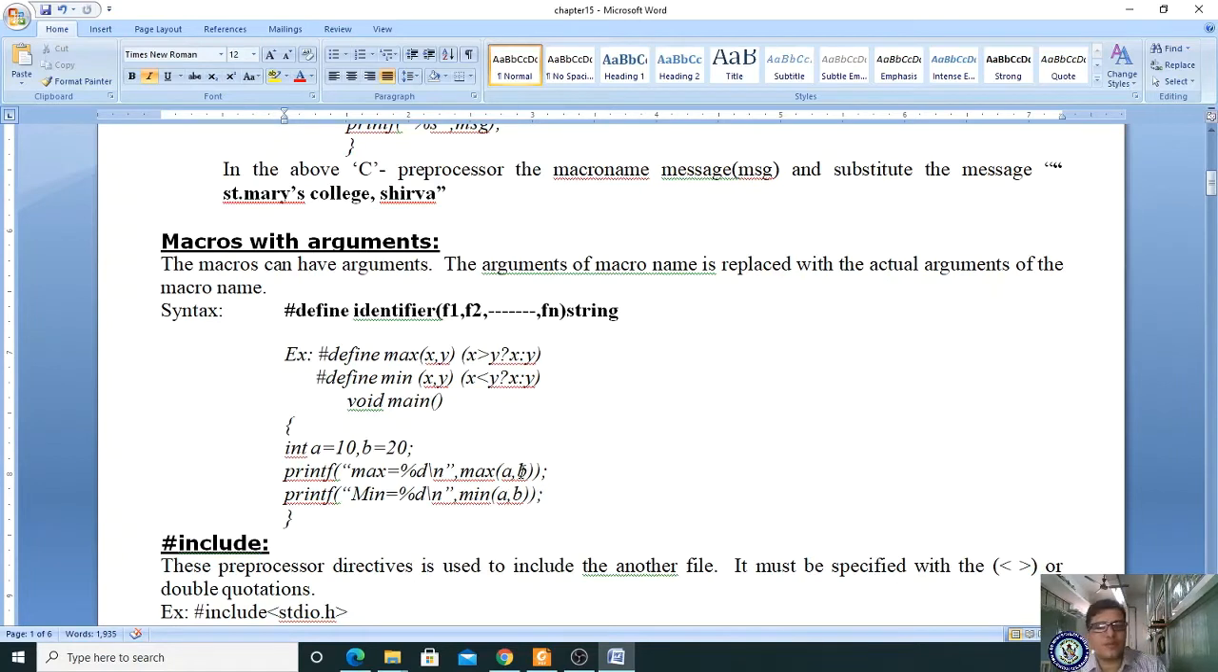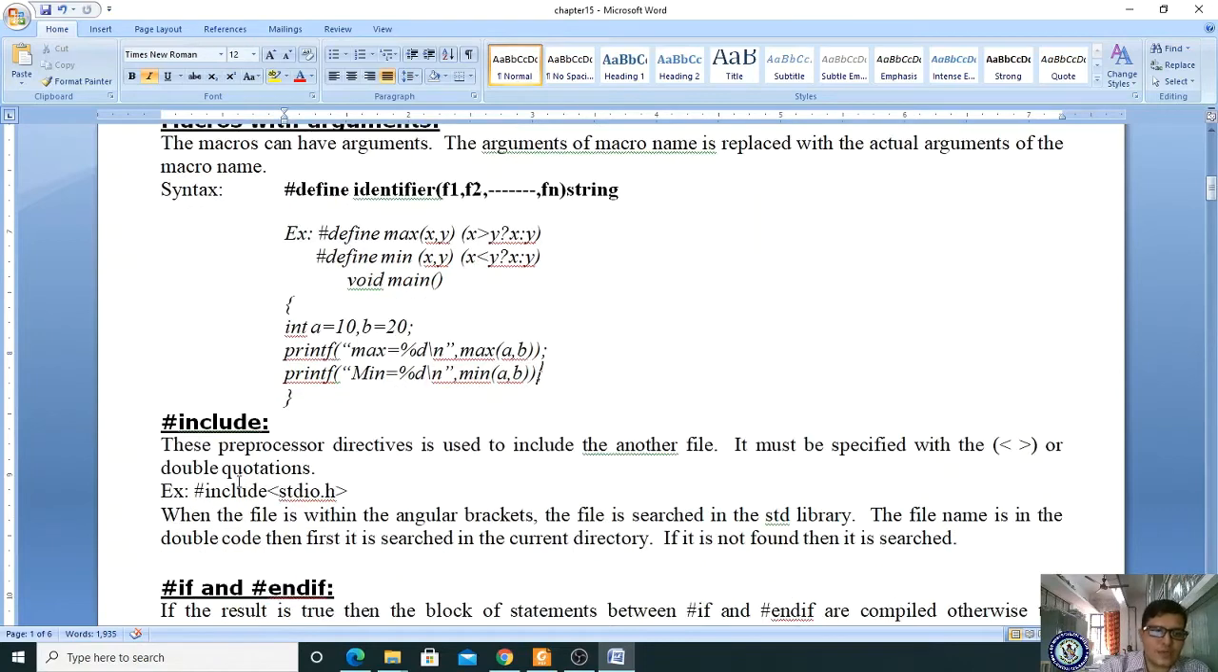And next our preprocessor is #include. Let us see this preprocessor. The #include preprocessor directive is used to include another file. So by using this include statement, you are placing another file. Then how to place other files? It must be specified within angular brackets, less than symbol and greater than symbol, or double quotation. For example, #include <stdio.h>, #include <conio.h>, right? We can also write #include afterwards within double quotation